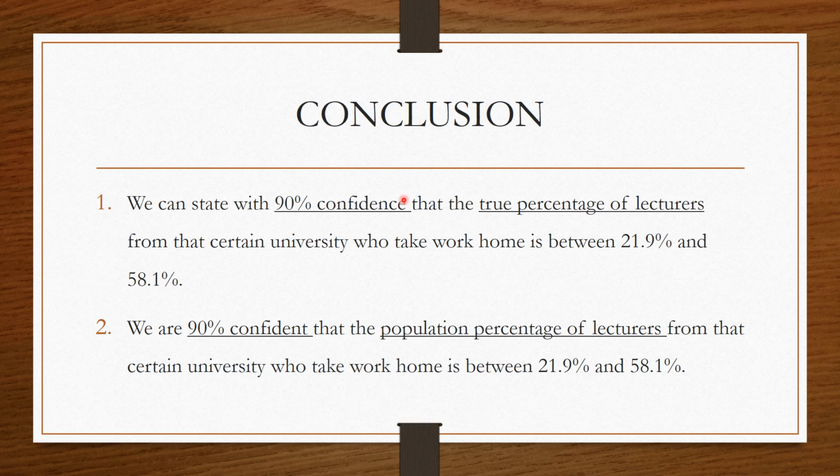Lastly, let us write the conclusion or interpret the result. We can state with 90% confidence that the true percentage of lecturers from that certain university who take work home is between 21.9% and 58.1%. Or we can write, we are 90% confident that the population percentage of lecturers from that certain university who take work home is between